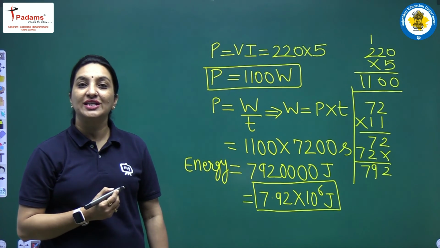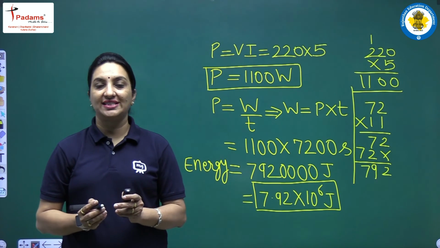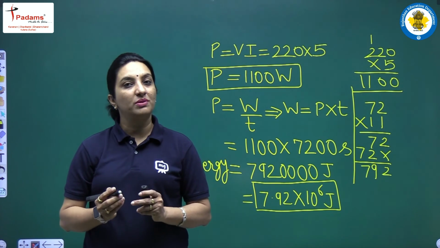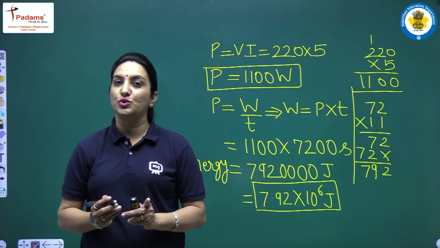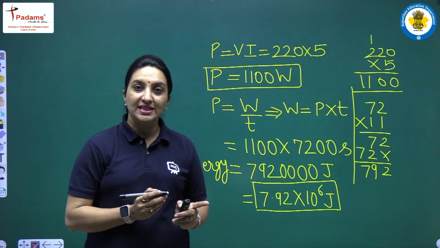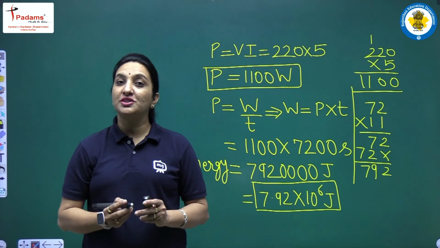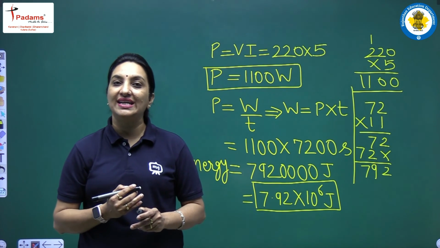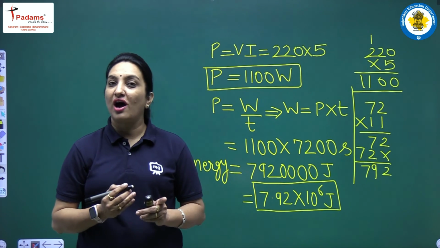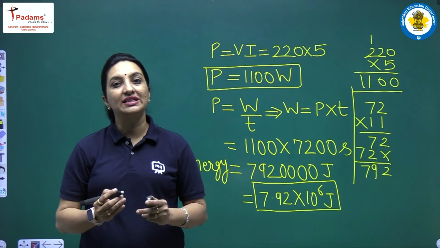So students, today we have completed the in-text exercises, that is the problems which are given in between the chapter after completion of the two topics, which was heating effects of electric current and electric power. Now students, we have completed this chapter and we have solved all the in-text exercises after all the topics which were given inside the chapter.